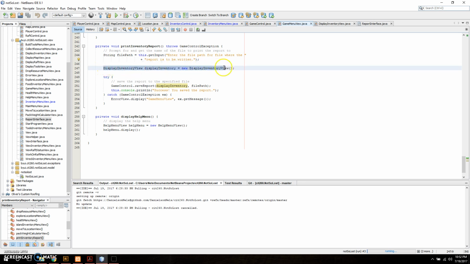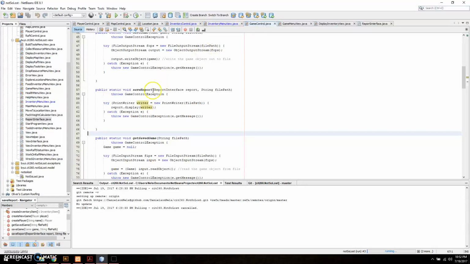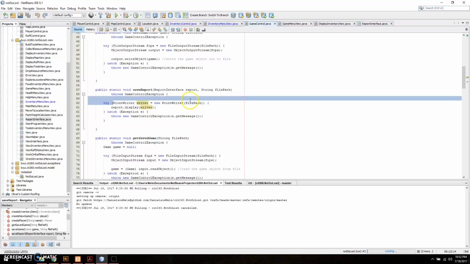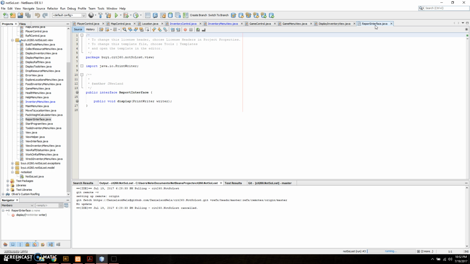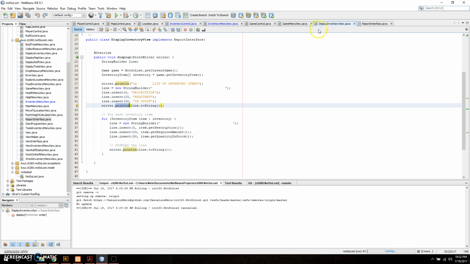And it'll then create a new instance of display inventory view, and then it will try to call the save report function of the game control class, which, over here, creates a new instance of the print writer, which calls the display function of report, which is found here in the report interface, which ultimately ends up looking back over here at the display inventory view,